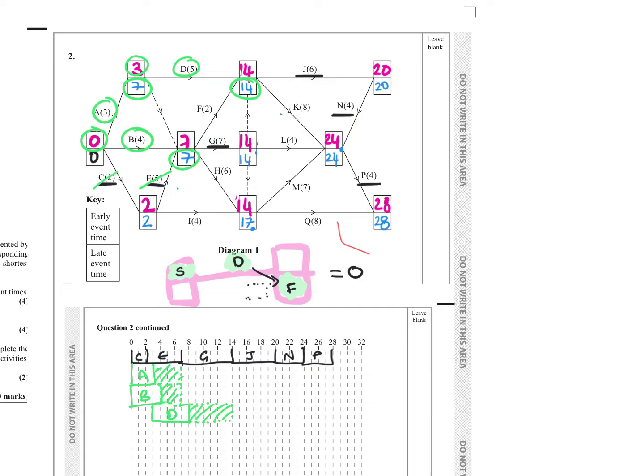F. Now, F starts at 7, it's 2 long, and it finishes at 14. F starts at 7, it's 2 long, and it finishes at 14. Okay, now,